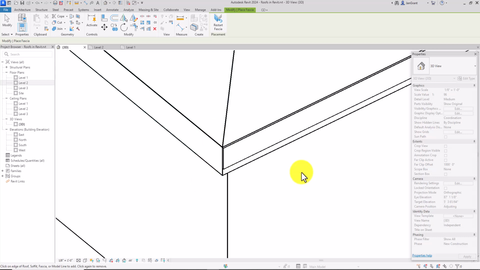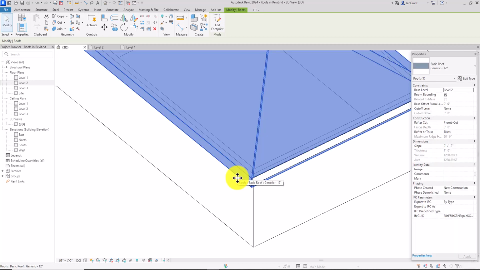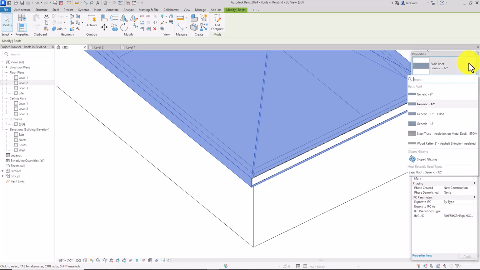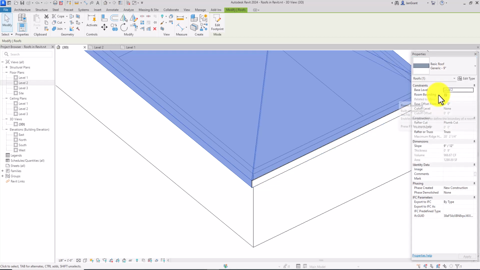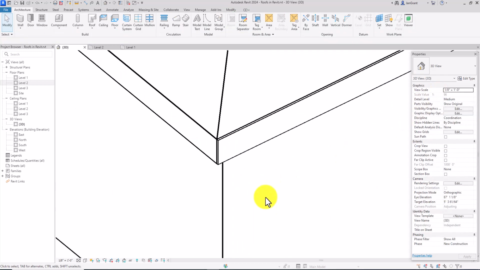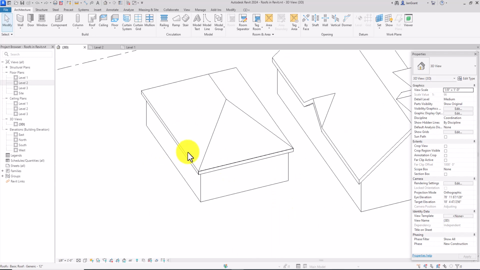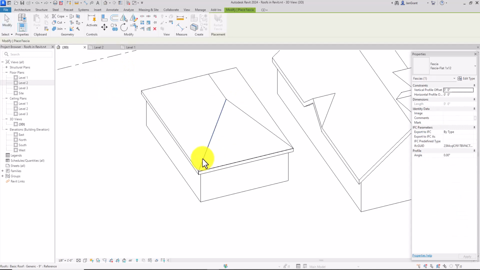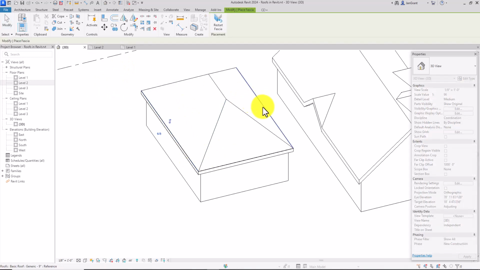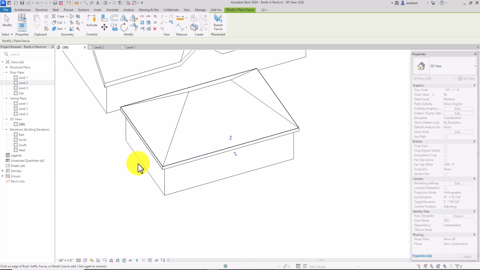That's totally a choice. We're going to go ahead and escape out of that. But you can see that extra board right there. We want to be able to select our roof and then change the roof from a generic 12-inch to a generic 9-inch. When we do that, you'll see that now the fascia board is going to cover that roof. And now you can go back to the fascia 1x12 and click on all of the different edges to bring that fascia board all the way around. Okay,